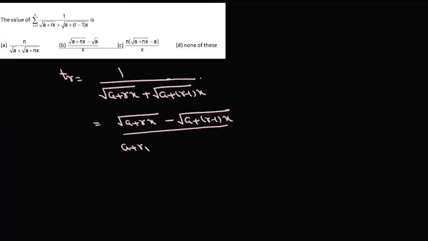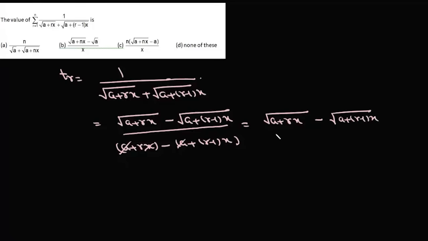So we can write (a plus rx) minus (a plus (r minus 1)x). Now a will cancel and rx will also cancel. So it will be simply under root of (a plus rx) minus under root of (a plus (r minus 1)x)